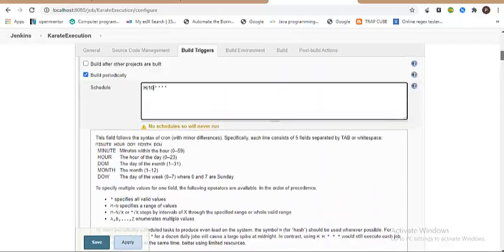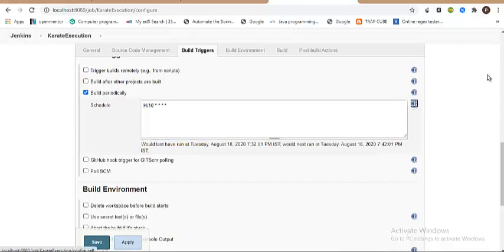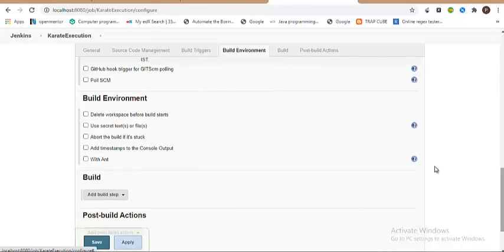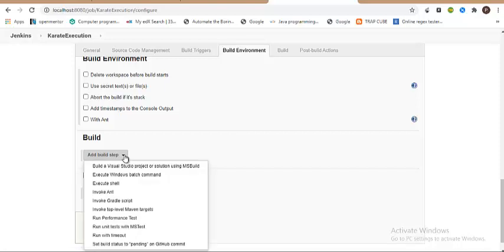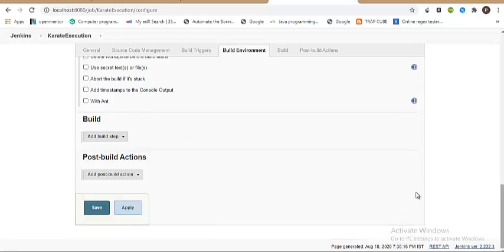And again, just click on this question mark to collapse this suggestion. If you come down a bit to build environment, these are settings related to your build tool, like if you wanted to delete your workspace before the build starts. Build step is something important, guys. Without a build step, we are not actually supplying the goal. Jenkins now has the code base knowledge, but it has to do Maven clean install, or Maven test, or something else, who knows.